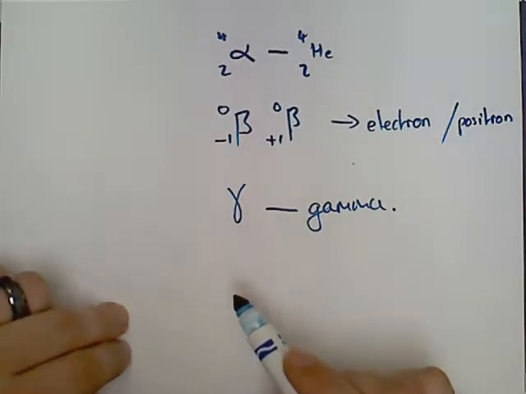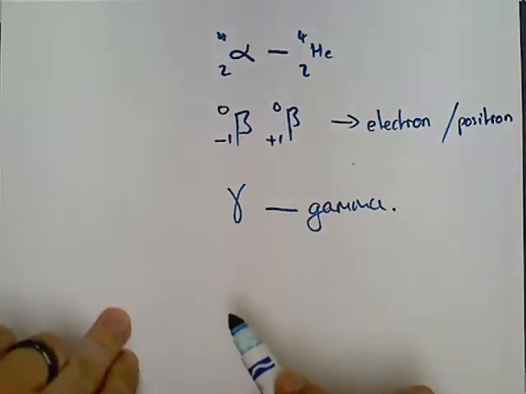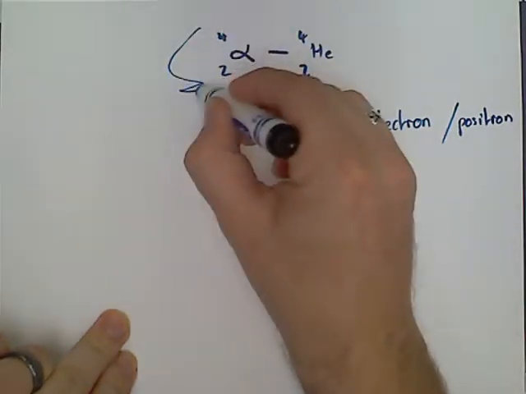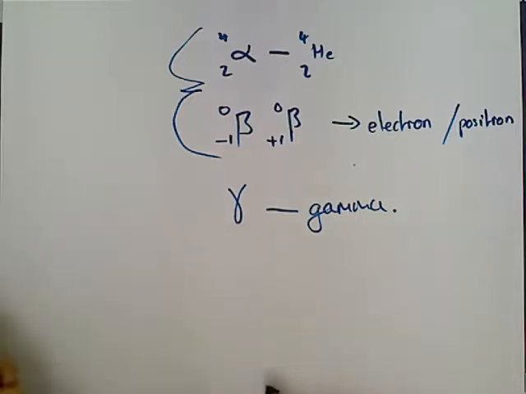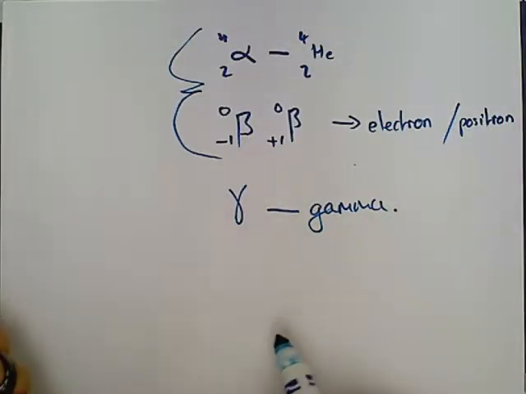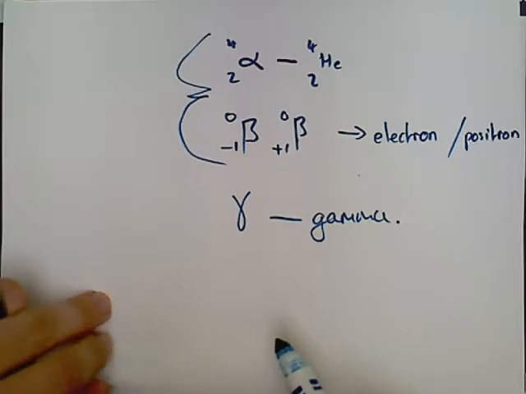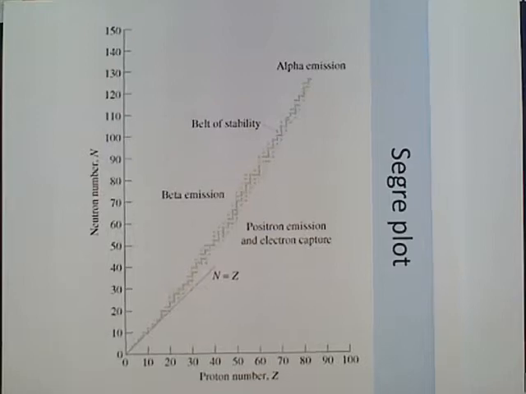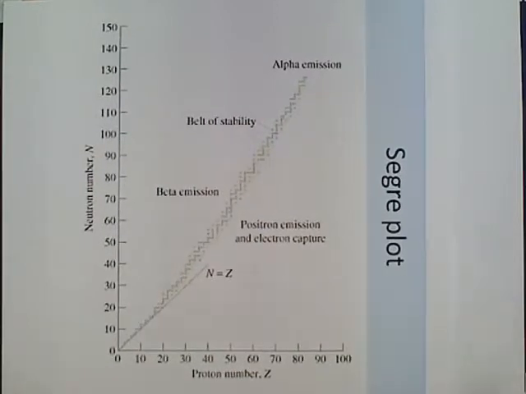Okay, so before we go any further, we're just going to look specifically at these 2 and how they are utilized in order to create a more stable atom. So we're looking to create a stable atom. In order to understand this, you do need to have a basic understanding of the periodic table, and I'm going to show you something called a Segre plot. So this is a Segre plot,